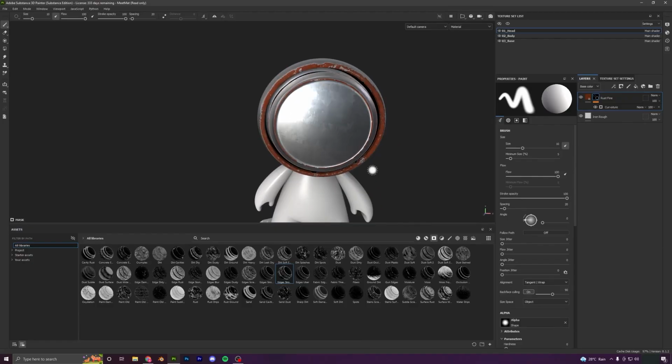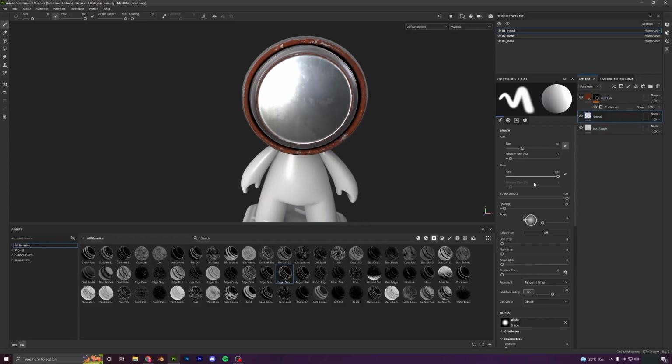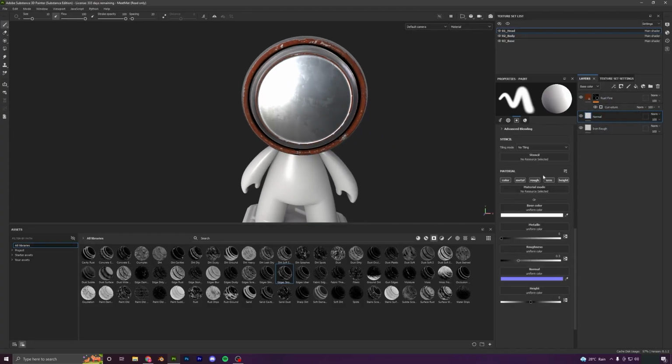Alright, next what I want to do is I will add a paint layer, and let's rename this layer to normal, and I will put this layer in between of these two layers. I will explain later on why. So just put this normal paint layer in between the iron and the rust layer. Alright, so let's scroll down, select the normal paint layer, scroll down, and I will turn off all the channels